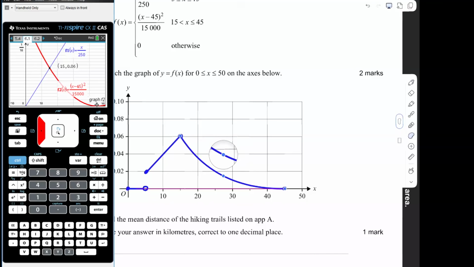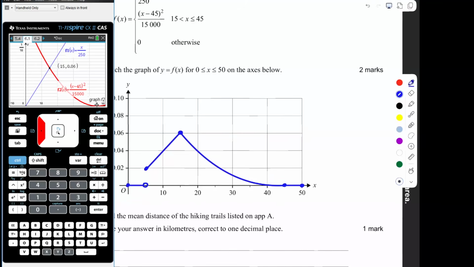The question didn't ask for any labeling on the coordinates, but I'll just say this is 15, 0.06. This is 0, 0. This joint is 5, 0.02. And this is 45, 0. This is 50, 0, just for reference only. Anyway,